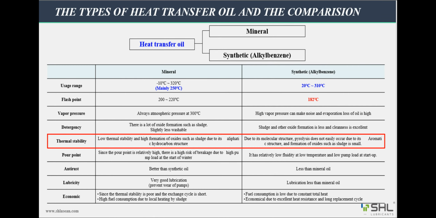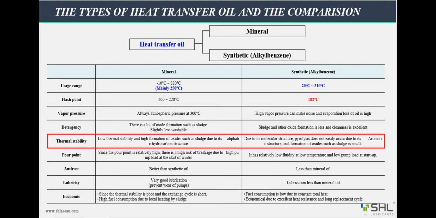Heat transfer oil is divided into two types, mineral base oil and synthetic base oil. In addition, a semi-synthetic oil is added. Each oil has different properties, and we go through the table below to better understand the characteristics of the two oils. Following on the table, we see the first difference in the temperature range used. The temperature range used as well as the flash point of mineral base oil are higher than that of synthetic